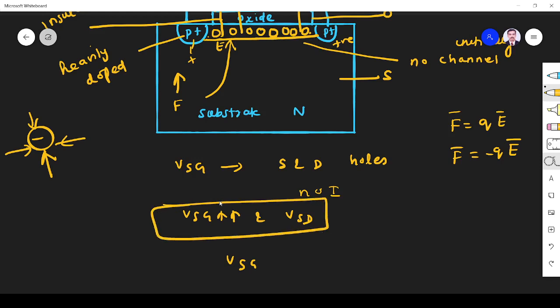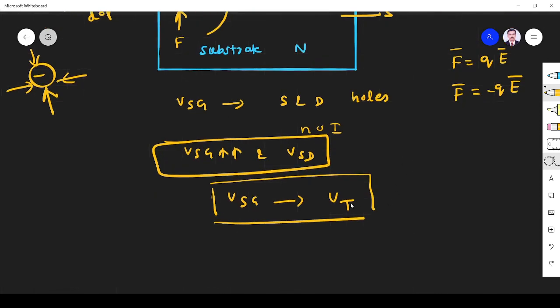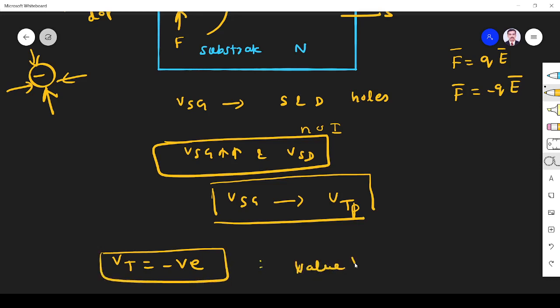So the value of VSG at which the current flows is known as VT, right? Only then does the current start to flow, otherwise there won't be any flow. This is exactly opposite to the NMOS transistor. Here VT is a negative value because VSG is negative. So what is VT? It is the value of gate voltage,